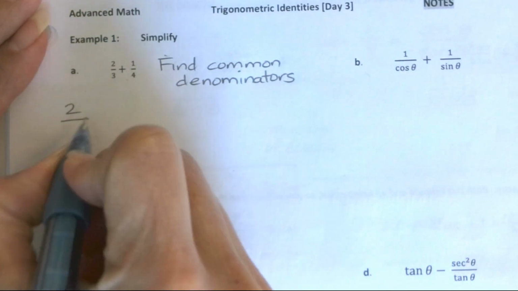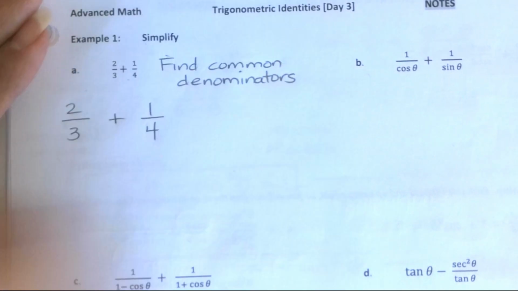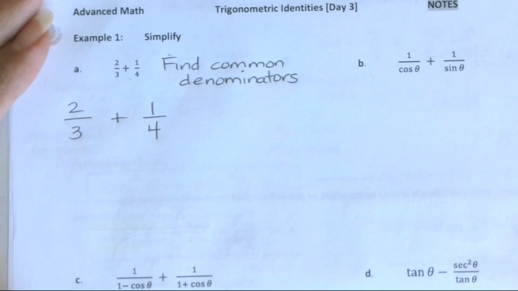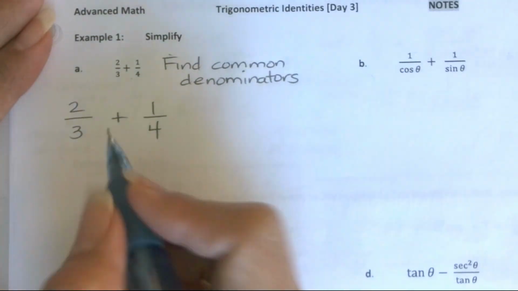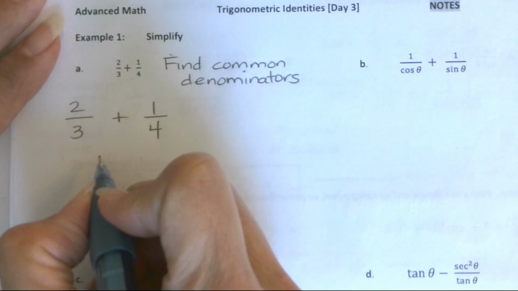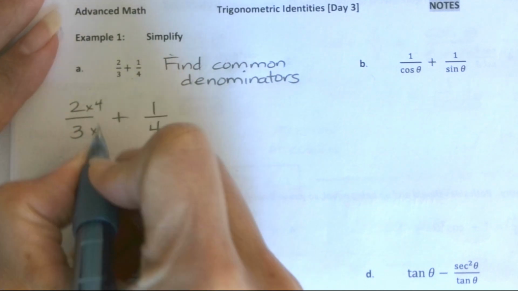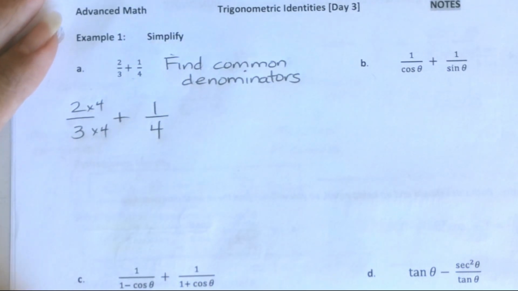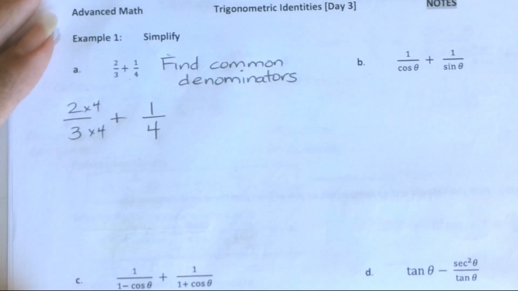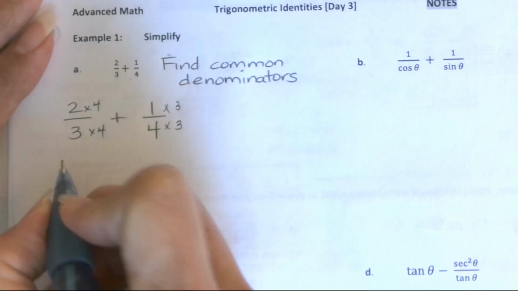So we have 2/3, and we need to add 1/4 to it. 3 and 4 are distinct. So what is the lowest common multiple for 3 and 4? 12. So what do I need to do to this fraction to obtain a 12 denominator? That would be 4 over 4. Good. So multiply by 4 over 4, or times 4. How about the other fraction? 3 over 3. All right, so in so doing,